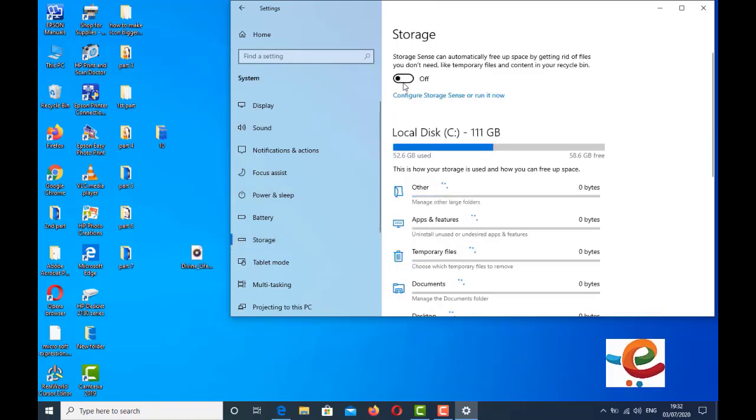You can see here storage is enabled. Configure Storage Sense. Storage Sense can automatically free up space by getting rid of files you don't need, like temporary files and content in your recycle bin.